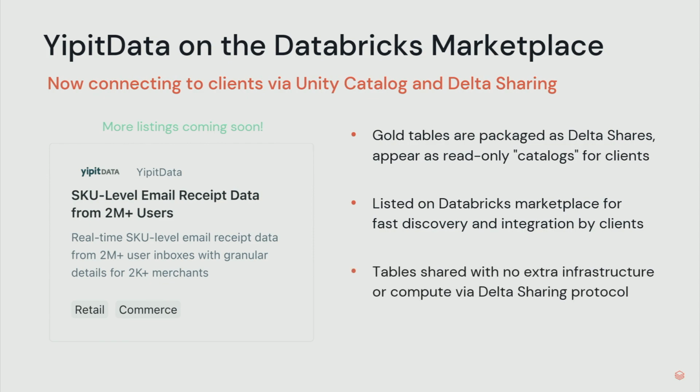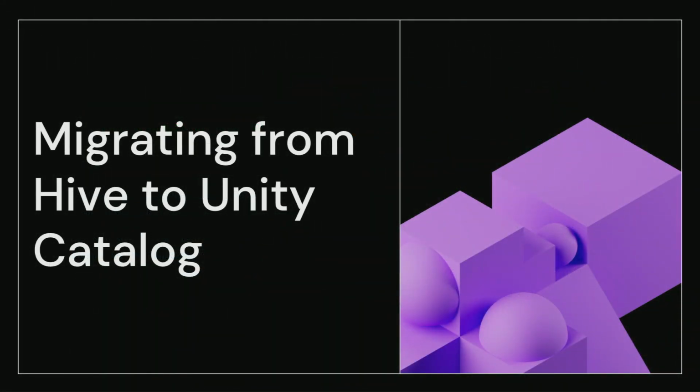And for us as a data provider, these tables are shared with no extra infrastructure or compute processing on our side, which is really, really important for our type of business. And that's all through the open source Delta sharing protocol. So with Unity Catalog, you get Delta sharing built in. It just has a Delta sharing server out of the box, so if you're ready to externalize your data, you can do that. So with all of those benefits and impact that we've created internally, I did want